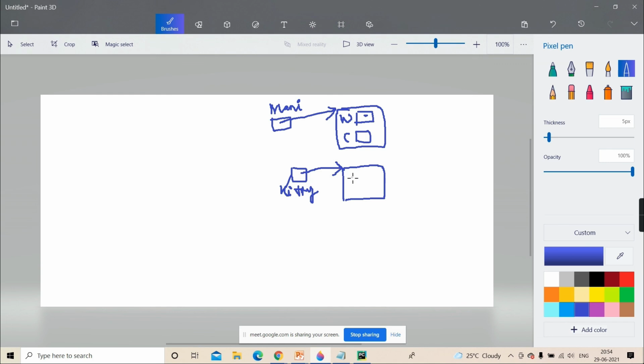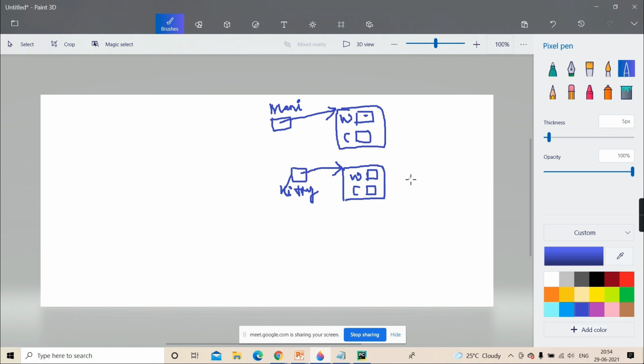Same way for Kitty, it will create one weight and one color. So this is which data, instance data or class data? Yes, it is instance data. Why?